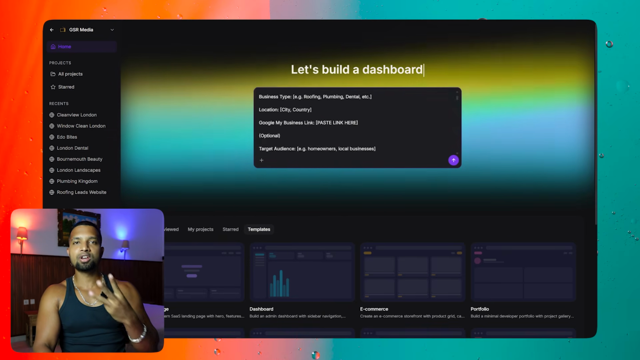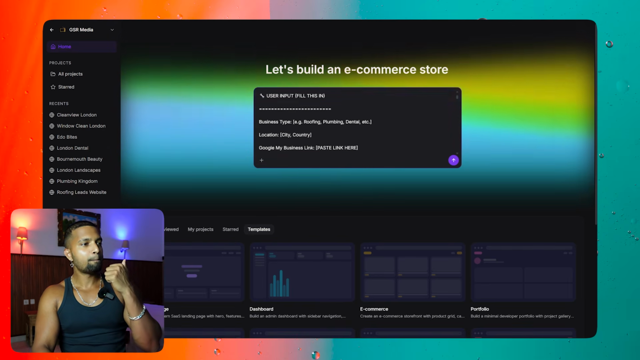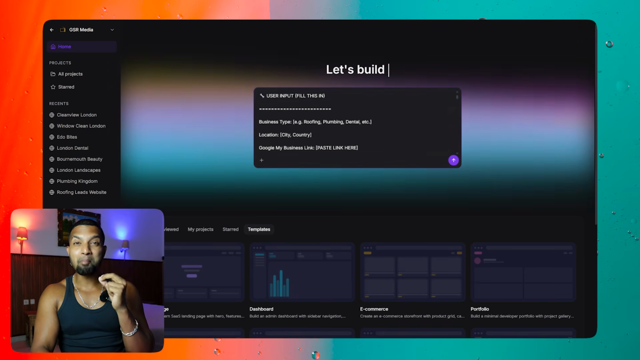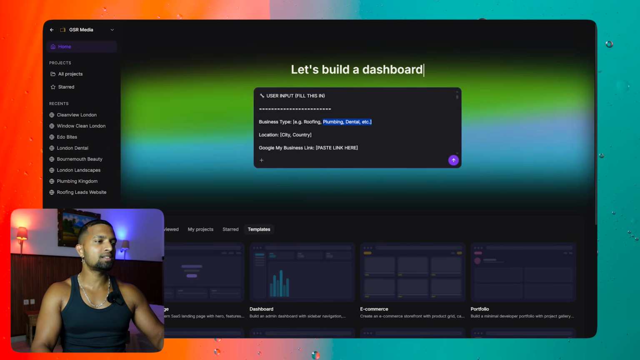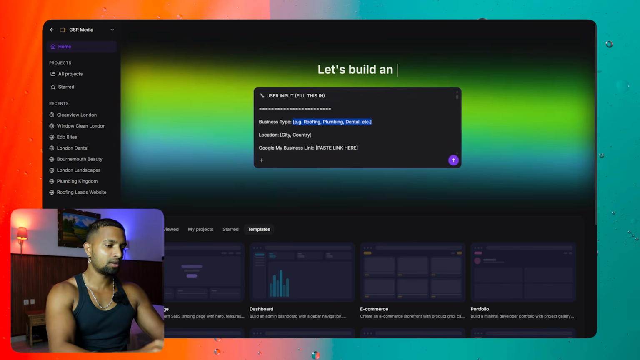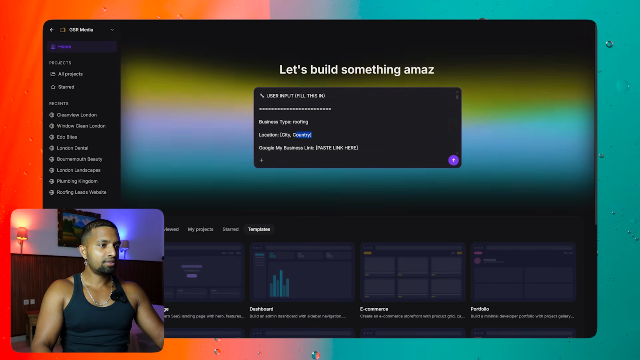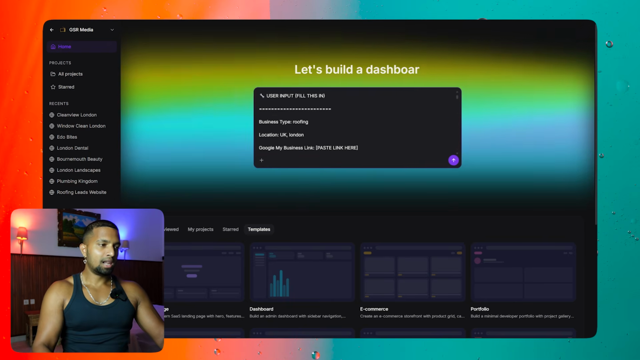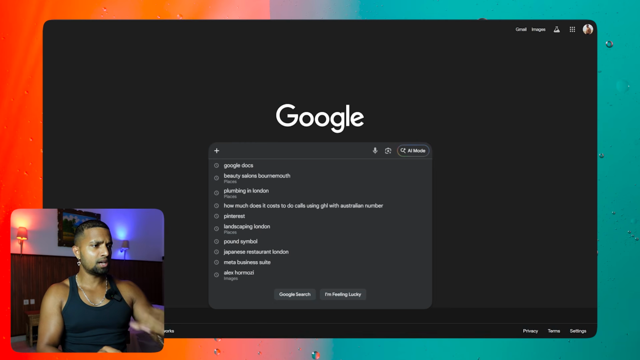You have to change 3 things. The first thing is the business niche. The second thing is the location and the country. The third and most important thing, the Google My Business page link. For example, let's say we will be going with roofing, and the country and the city will be the UK and London. And now what we're going to do is go inside Google and search for